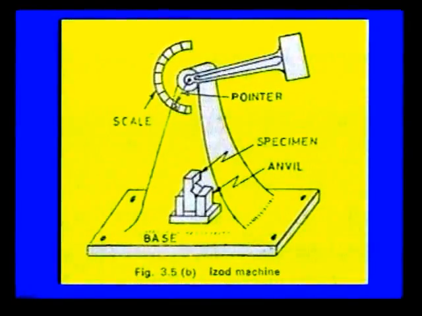So that forward motion will appear on the scale by the pointer, and these two readings come into the picture. So this is the fixation of the Izod specimen, where the distance from top to notch is 22 mm, and the striking edge is applied at an angle of 10 degrees with the horizontal and 5 degrees with the vertical, such that it can damage the workpiece at the notched portion only. So for the notch formation, for both the Charpy test and the Izod test, the notch has an angle of 45 degrees only.